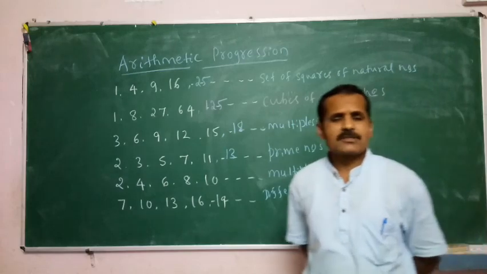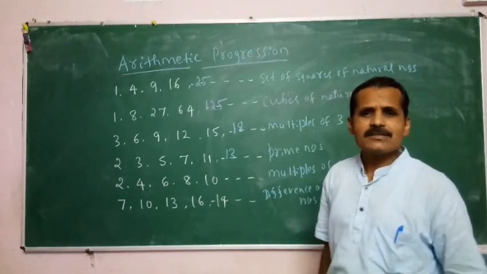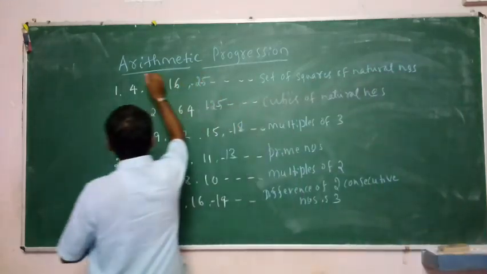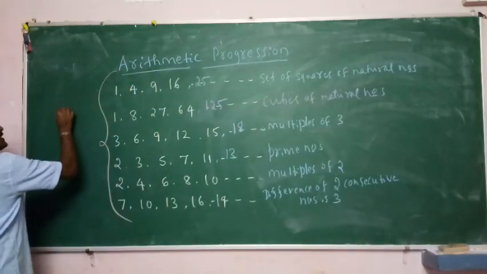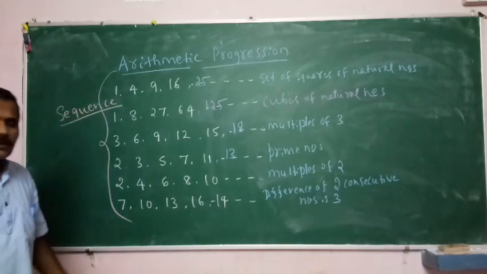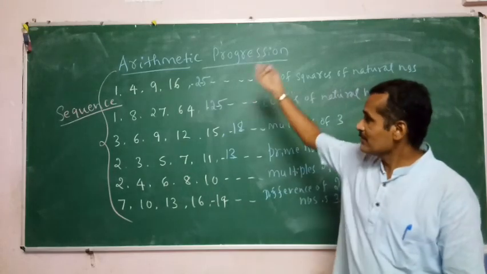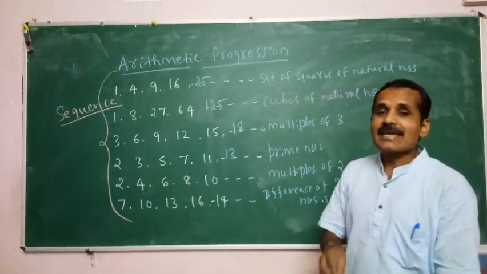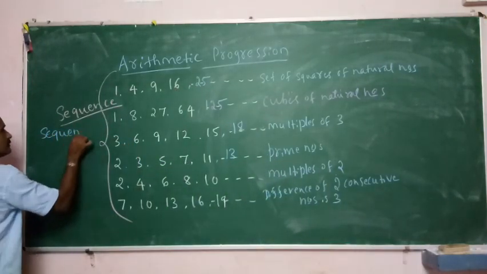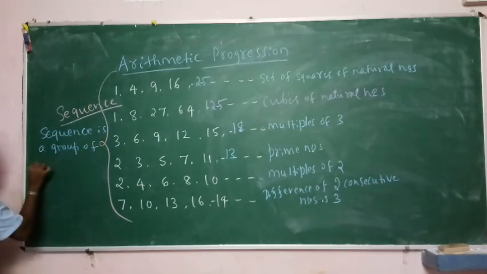You have seen all these numbers. Many groups I have written. But basically, what are these? These groups we call sequences. Then naturally the question comes, what is a sequence? I can say a sequence is a group of numbers which are arranged